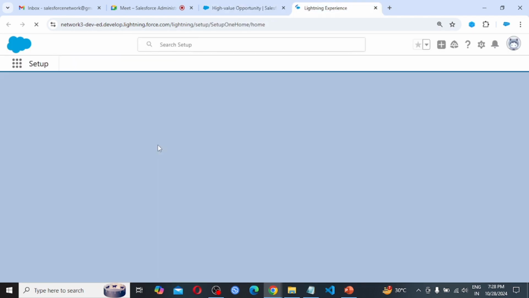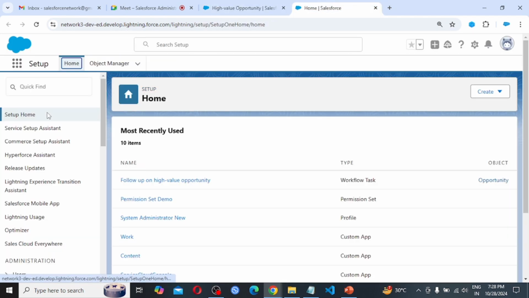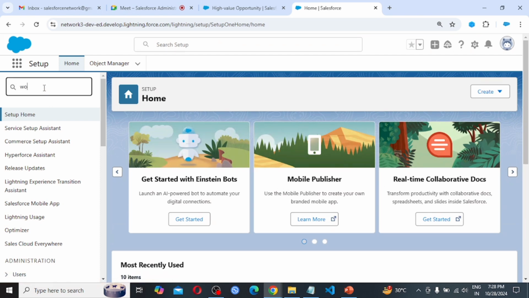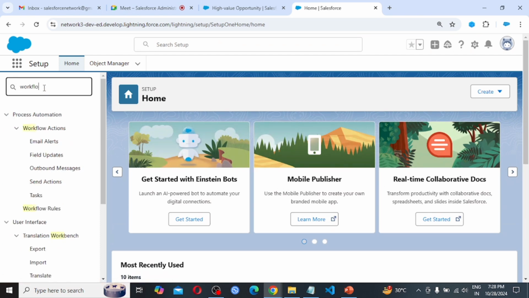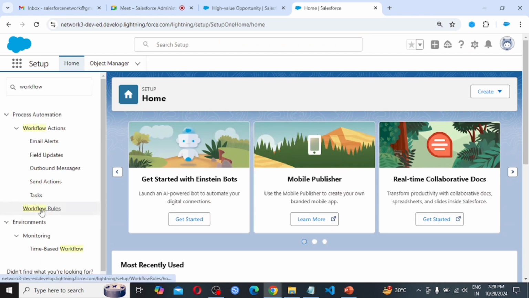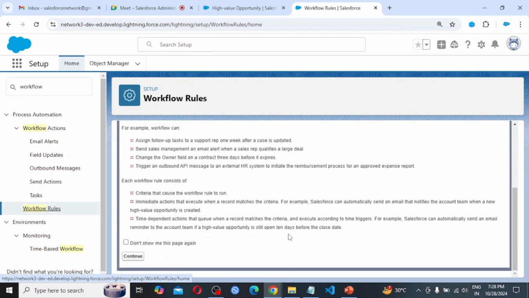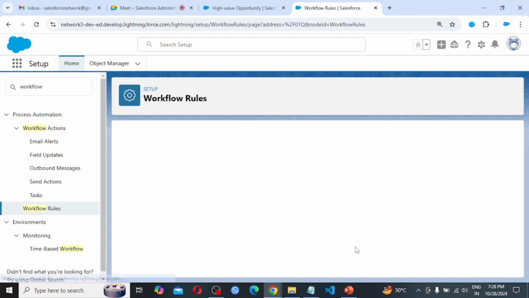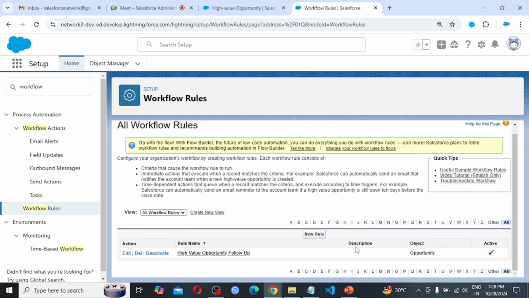So again, if I am going to our workflow rule, click setup. So in the workflow, here we need to click on workflow rules, continue. So this is our workflow rule.